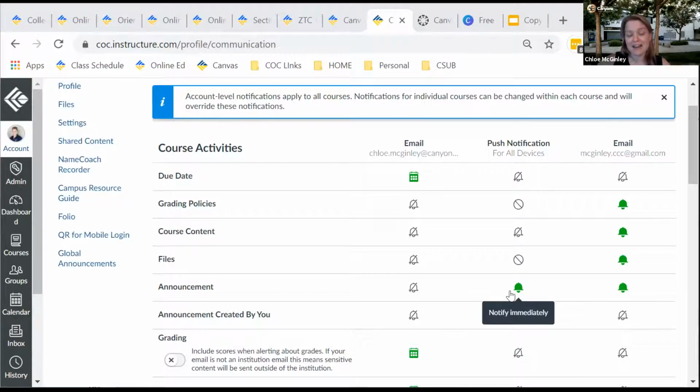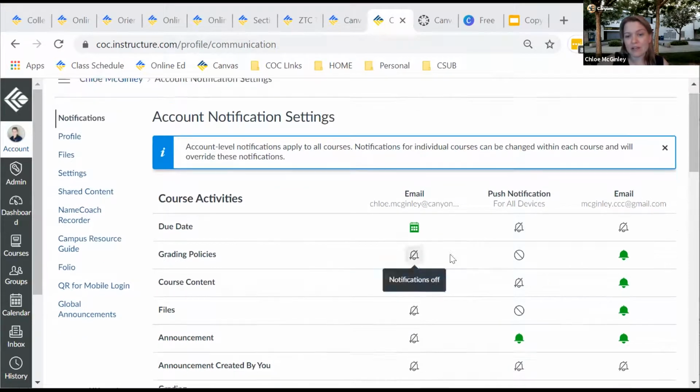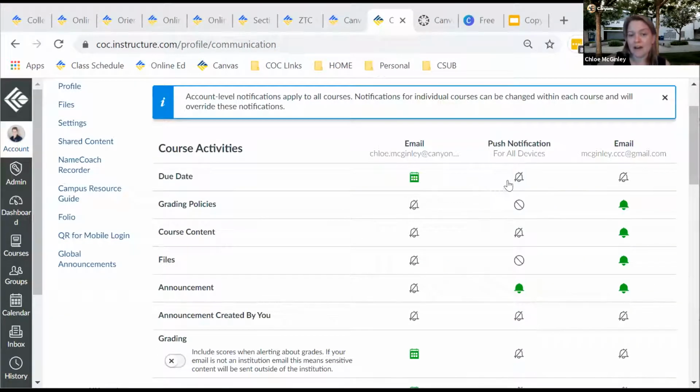Maybe they're saying that they've updated the assignment and you have another week to work on your paper. You want to know that, right? You don't want to be stressing. Or maybe they're going to give you some other really good information. So I would say make sure your announcements are on. You have the choice to either be notified